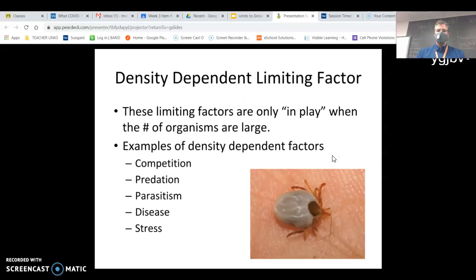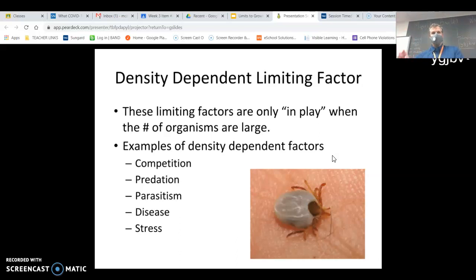All right. So sometimes, and this is one of the terms that we had from your Quizlet from this week. So that is a tick, that's a parasite. So parasitism, mutualism, commensalism, all those other things. These are based on how densely populated the organisms are. How close together are they? Well, ticks jump from one organism to the other organism to the other organism. If there aren't a lot of deer in the fields, the ticks fall off and then they can't find the next host. So if it's very dense, these things like competition,